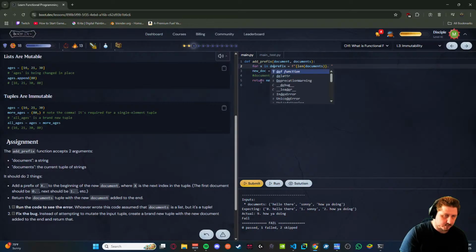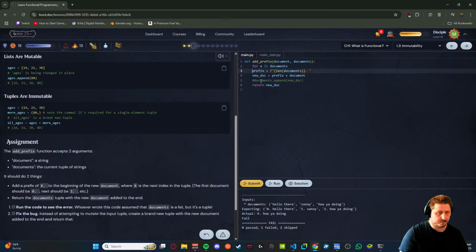For X in documents, prefix equals that, and new doc equals this.